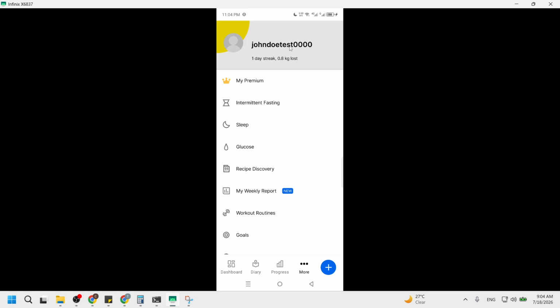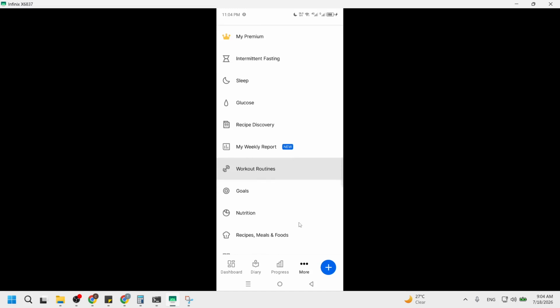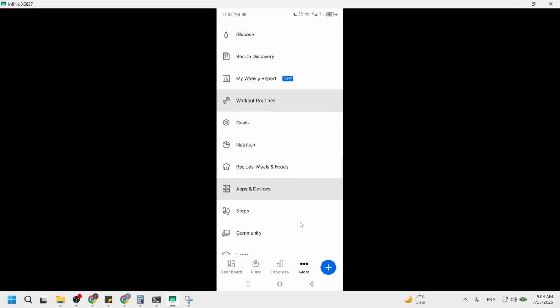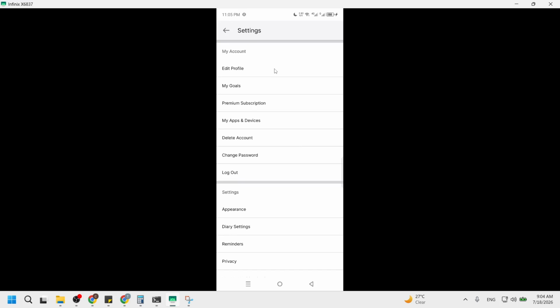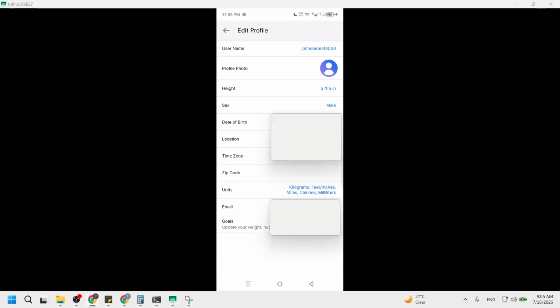If you prefer another method, there's an alternative route to find your ID. Simply scroll down that same menu, tap Settings, and select Profile. Once you are in your profile settings, your ID will be listed in the username field. This option provides a more detailed look at your account settings and is a good way to familiarize yourself with the app. You might find additional information here that can enhance your MyFitnessPal experience.